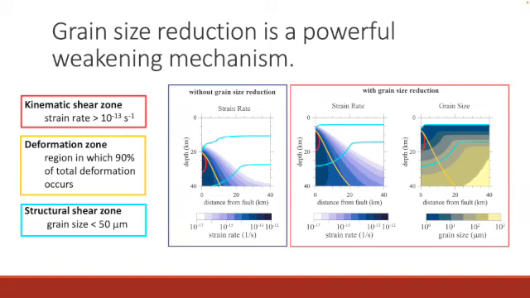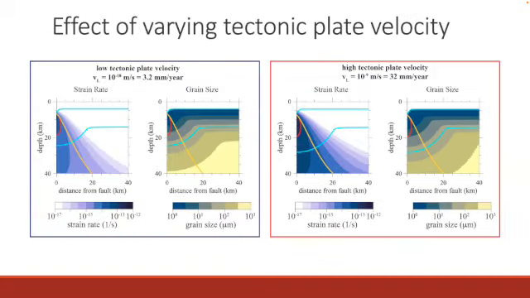In this case, grain size reduction would be a consequence of localization, but not its cause. I also explore the effects of varying the tectonic plate velocity over an order of magnitude. The figures on the right are the viscous strain rate and grain size results for a high tectonic plate velocity of 10 to the minus 9 meters per second, or 32 millimeters per year, comparable to the San Andreas Fault